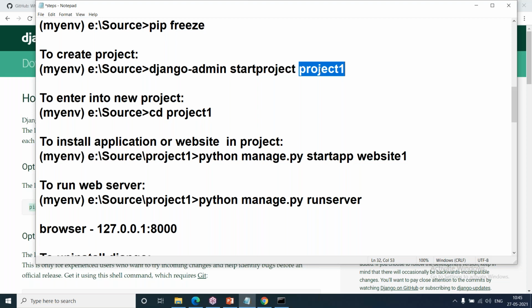I'll show you what all the applications are. When we install Sublime, we'll see what the files in the project are and what the files in the application are. We'll discuss the hierarchy. So here we are giving the project as project1. In my examples, I'll write project1, project2, project3, project40, 45, like that, so that we can understand the flow one by one.